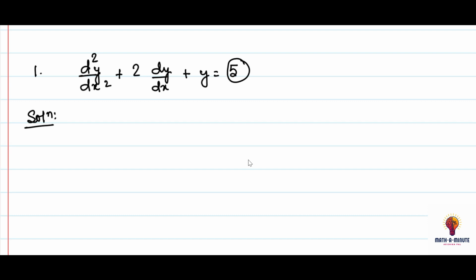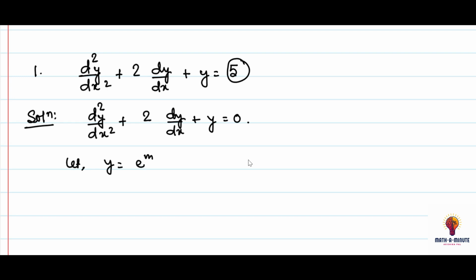Therefore, the equation will be d2y/dx2 plus 2 dy/dx plus y equals 0. Now, if we take y equals e to the power mx